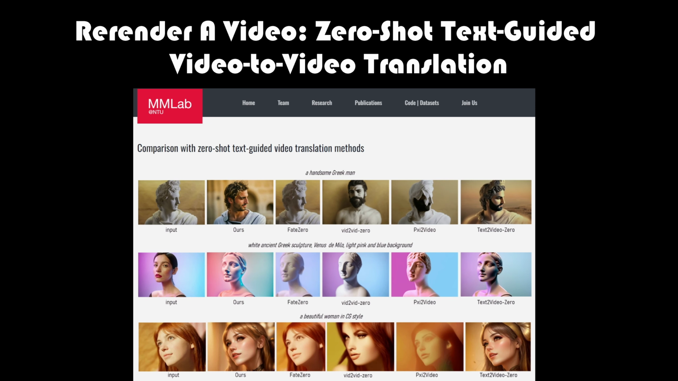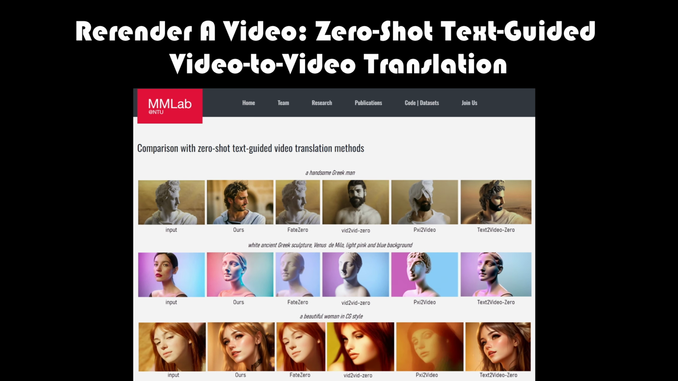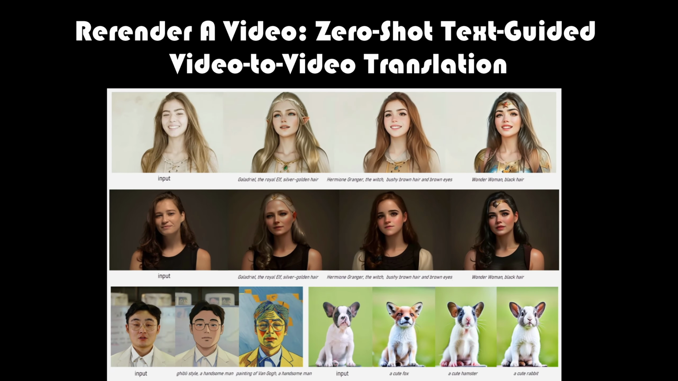Are you ready to witness the future of video rendering? Introducing Rerender A Video, zero-shot text-guided video to video translation. While large text-to-image diffusion models have revolutionized image generation, transitioning these breakthroughs into the realm of video has presented significant